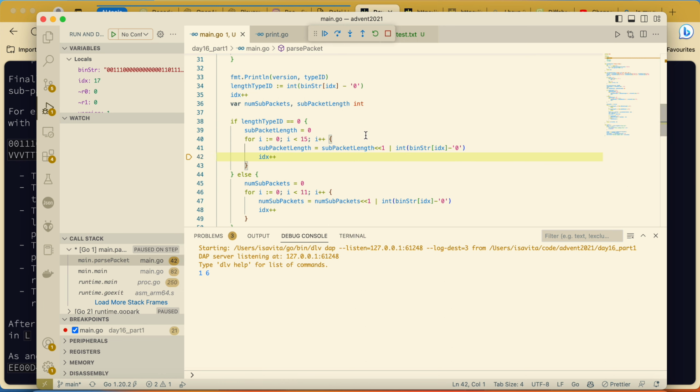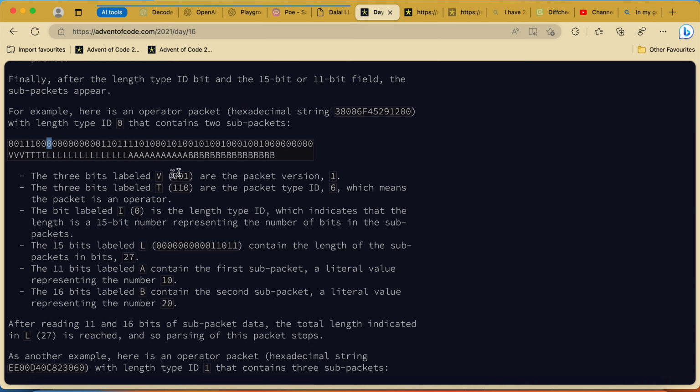Okay, we get 1. We're on our first one here, and we need to have this number converted from this binary number to a decimal number.